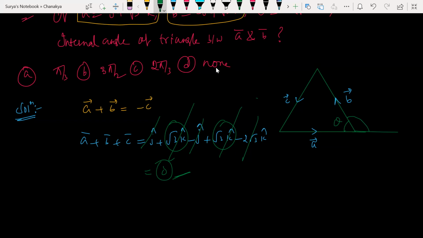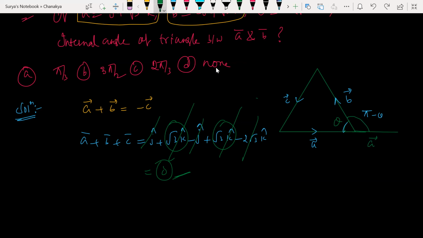Guys, this full angle gives you 180. Now this angle is theta. Then what is this going to be? Pi minus theta. Do you agree with my point? Now if it is a vector, this is also going to be a vector, right? I'm just enlarging it, I'm just extending it. That is also a vector only, right?